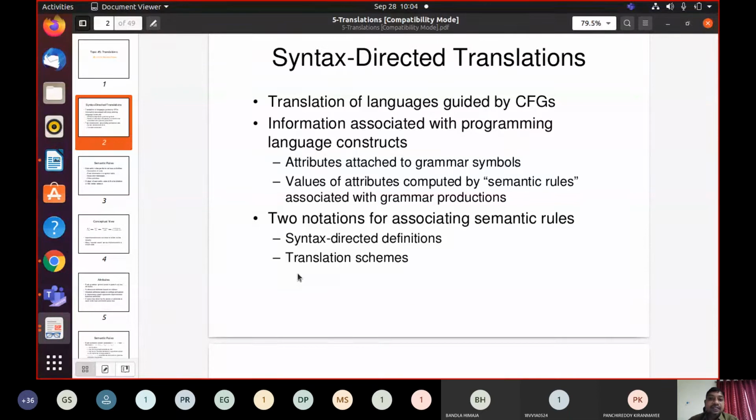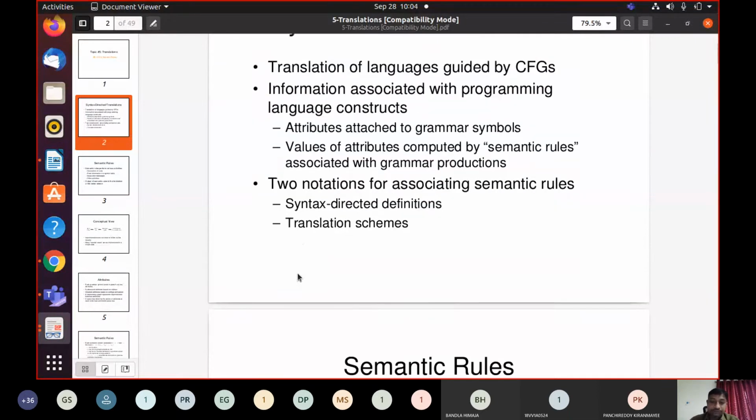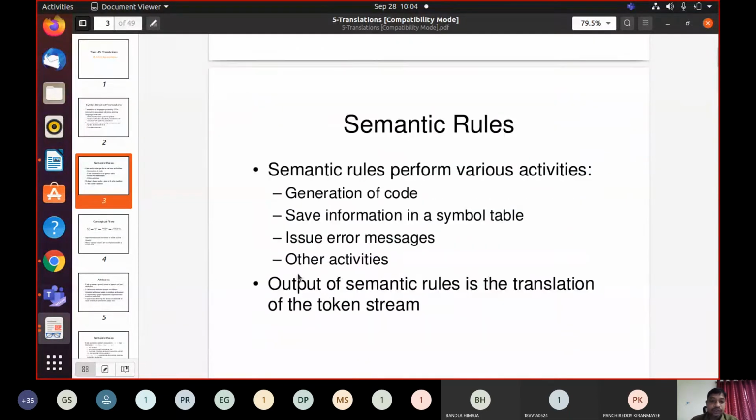So in syntax directed translations, in SDD, semantic rules perform various activities like generation of code, saving information in a symbol table, issuing error messages, or other activities. As I told you earlier, each production is associated with a semantic rule. This semantic rule may not be just evaluating the semantics.